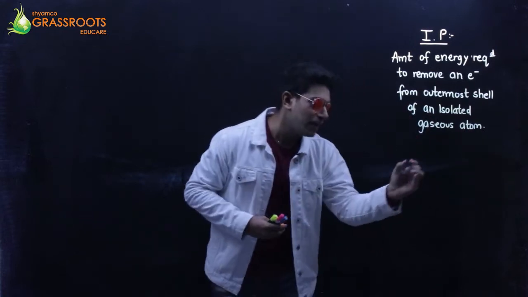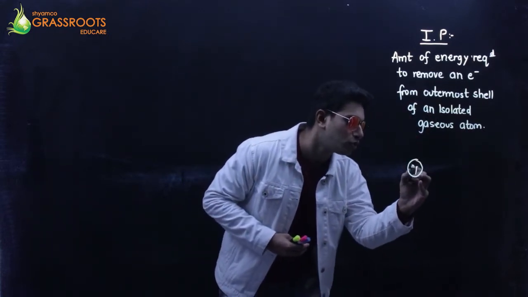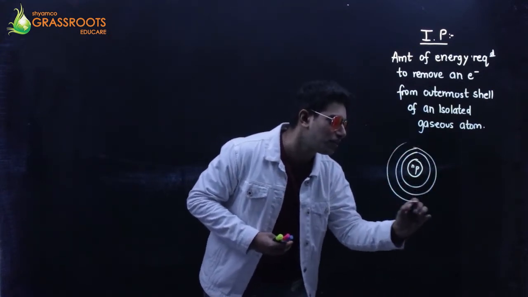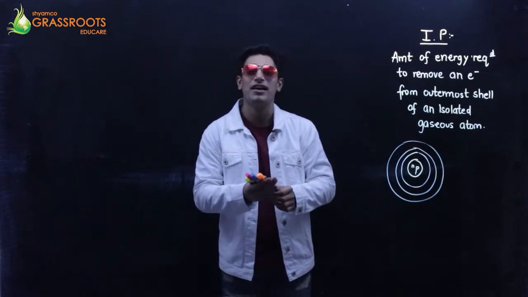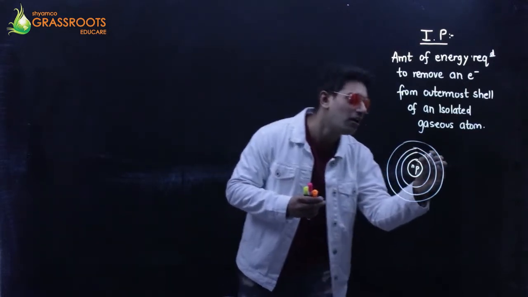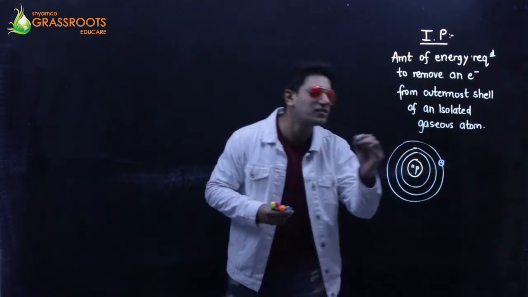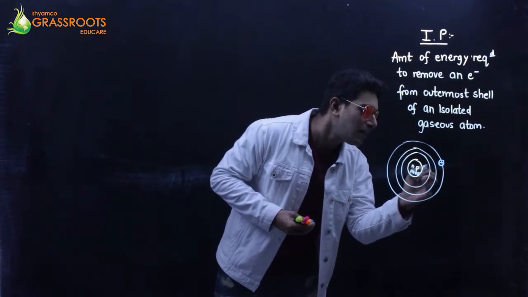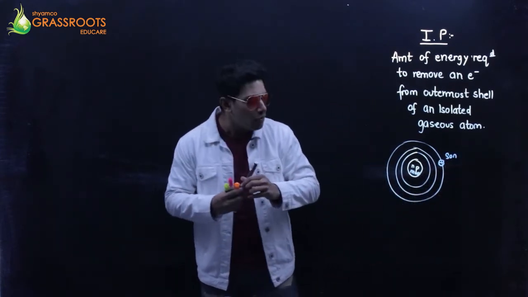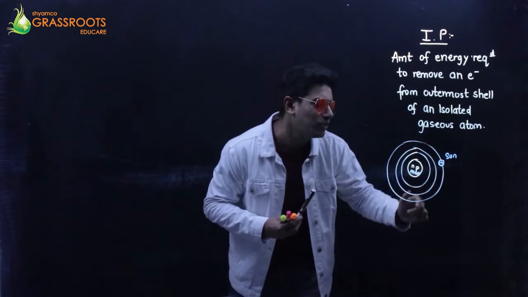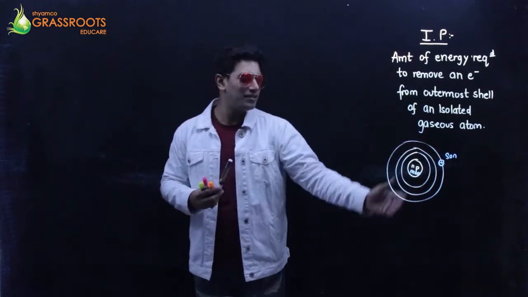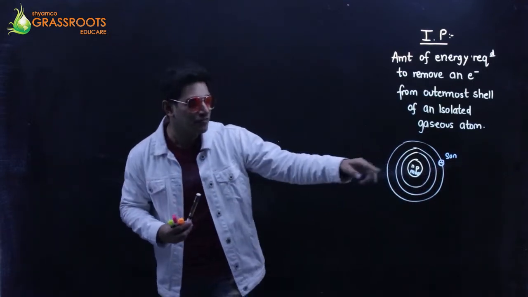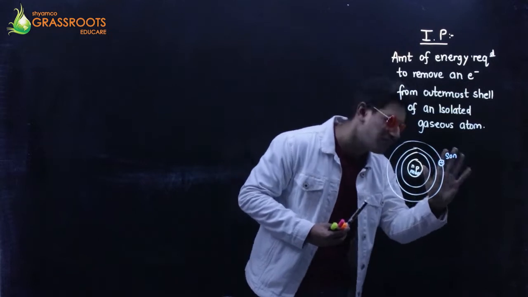Let's understand this. If I'm talking about a mother nucleus, neutron, proton, and let's make 3 shells and understand the concept. I'm just making the electron in the last shell, the final shell, the valence shell. Now this is the electron. Let's pick up a story. This is mom and this is son. Mom loves the son very much. Hey son, come and eat food. Mom talks to the son. Son is not very much interested. He doesn't give a damn about the mom. Not a good son.